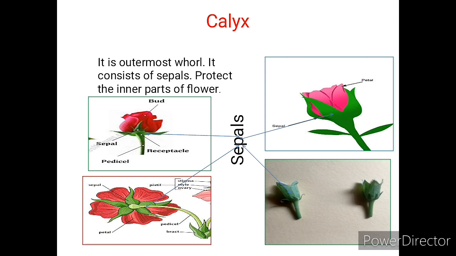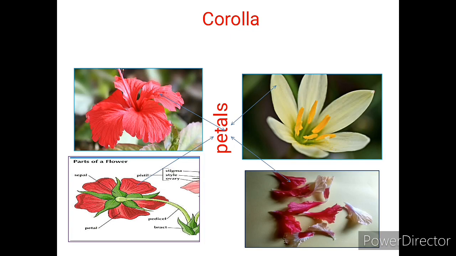It consists of sepals, which are green leaf-like structures. Sepals enclose and protect the inner parts of the flower during its bud stage. So you can see the picture. The green part of the flower is known as calyx, and each part of the calyx is known as a sepal. Now this is the